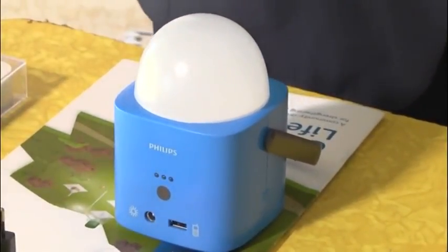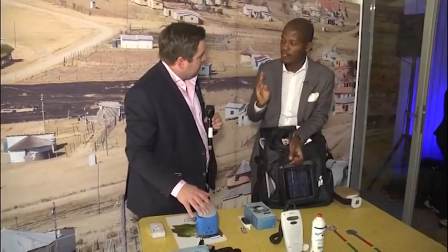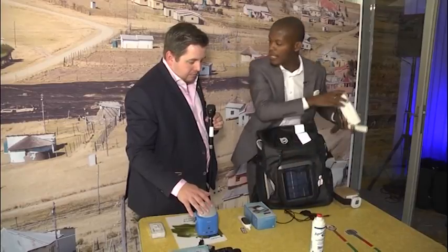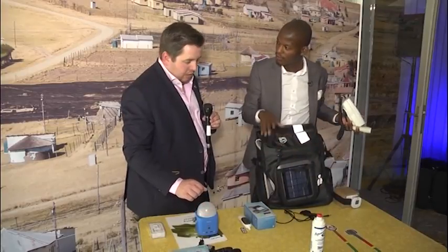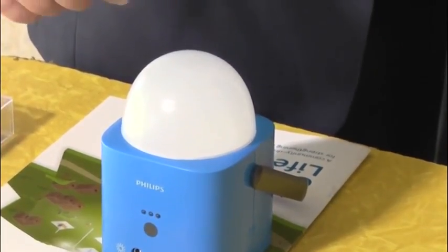We have four options, like I said. The basic kit, we have the four options for the healthcare worker. We have the basic kit, we remove this for the baby. Then we have the whole package for the basic. Then we have the Healthcare Worker Plus, where we include, I don't have the monitor with me, but on this